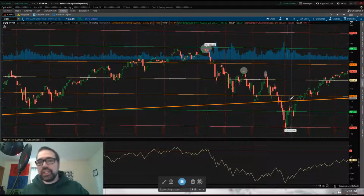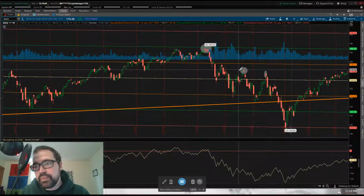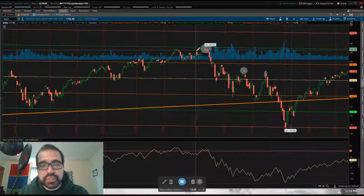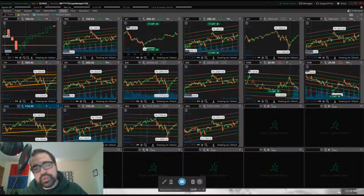So if we're looking at this, I would still say, until we break through this level of resistance, this would be my area, but we're close here. And then the next area of resistance would indeed be all-time highs. So that's where we're at with the market, right? We're close to some of these levels of resistance that we saw earlier, but what we're doing is just